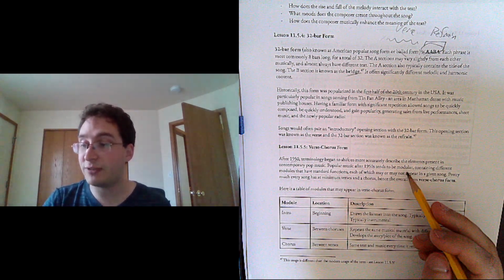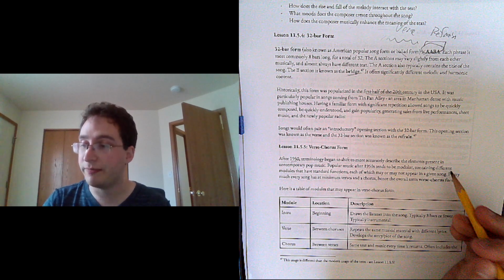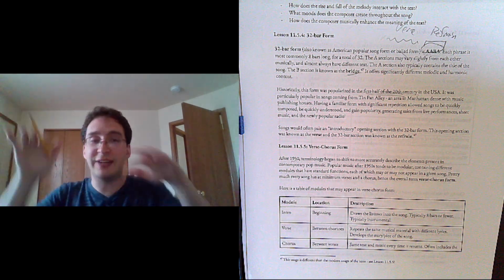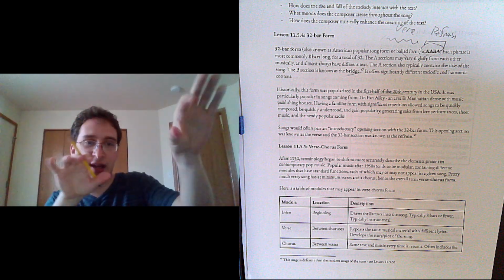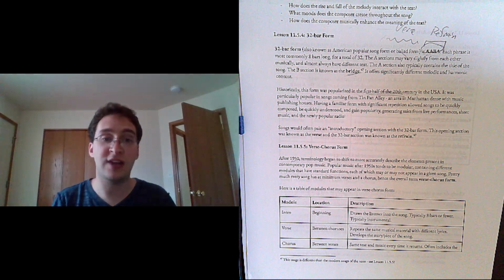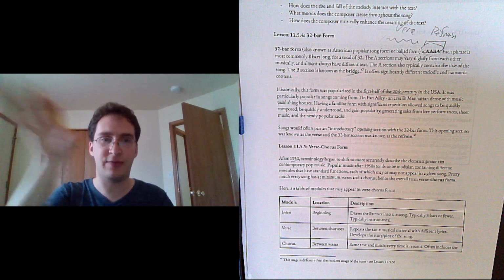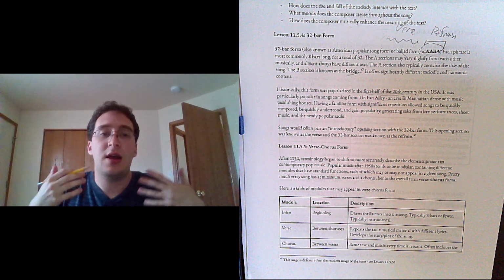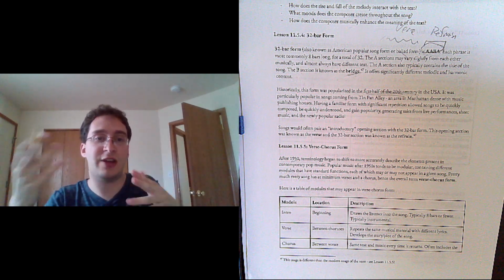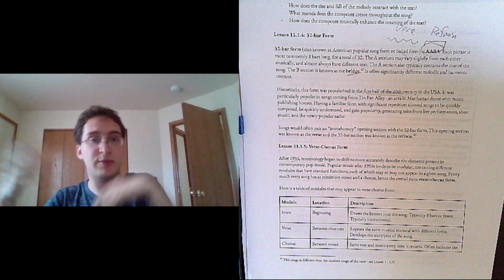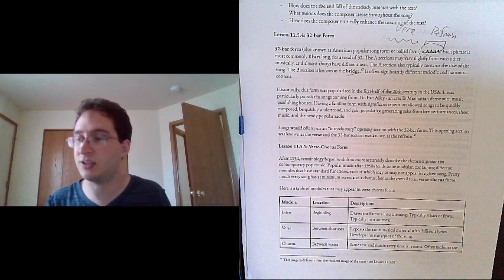Popular music after the 1950s tends to be modular, containing different modules that have standard functions, but you can rearrange them, stick some in, take some out. It's not like every tune is going to have these things in this order. It's: here are some things you could put in your song, and here are some general characteristics of those sections. You might have some, you might not.